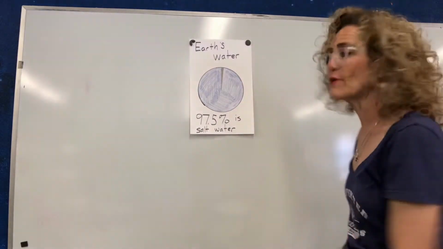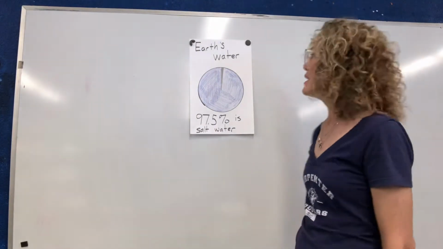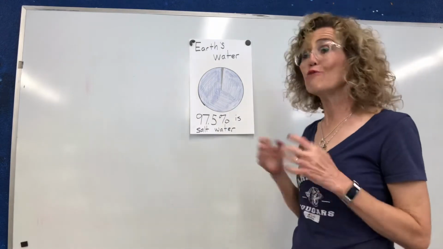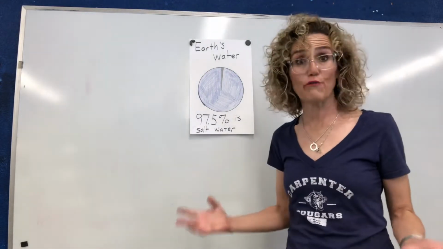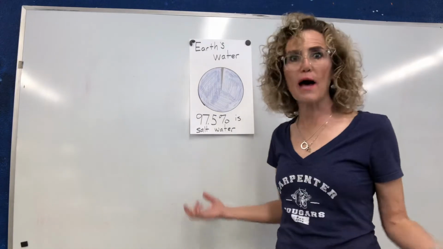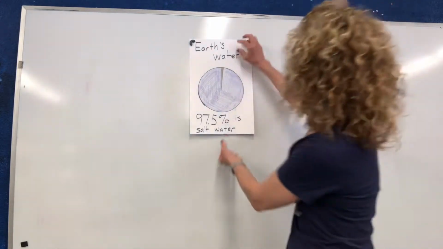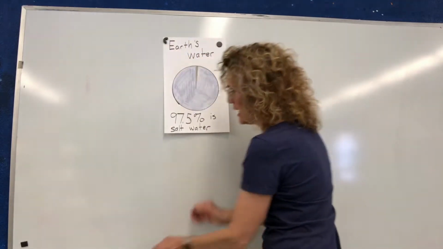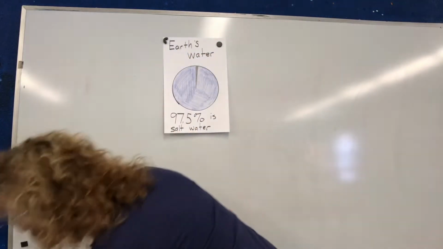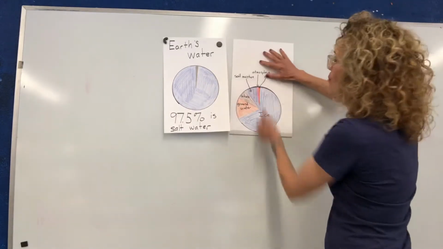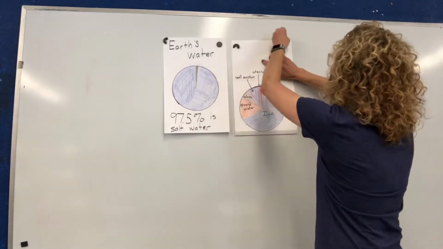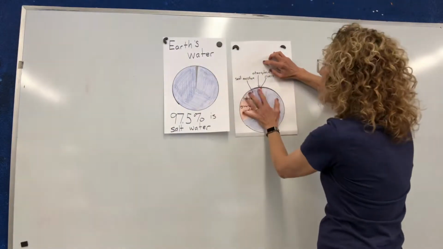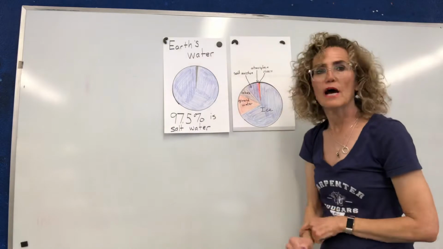So when we look at the Earth's water, 97.5% of all water on Earth is salt water. So that leaves us just a little sliver, 2.5% of water that's left, which is fresh water for us and all animals and all plants to use. Now I'm going to leave this up here because I want us to take a look at the other different percentages. So again, boys and girls, we're talking about this little sliver. That little sliver is now this pie chart, okay? So of this